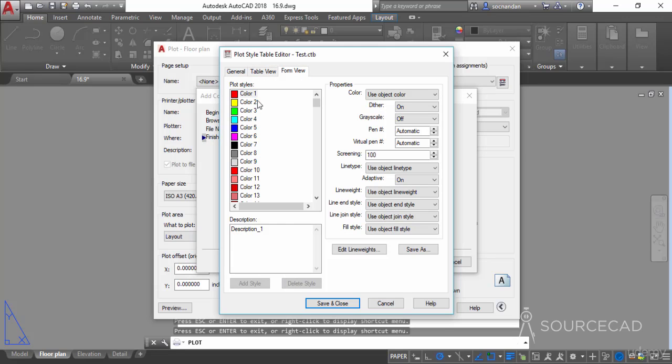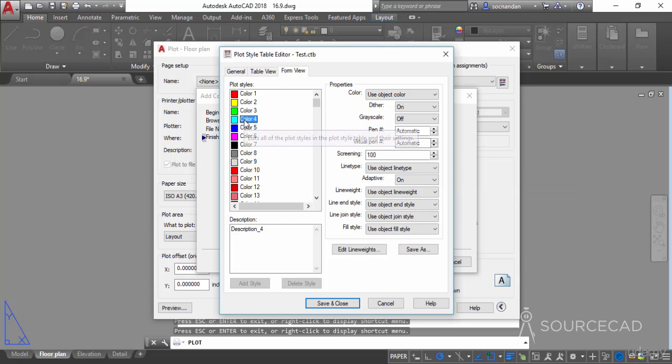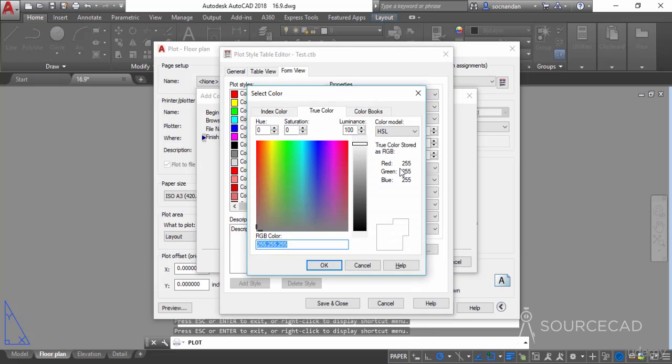Now here we can select the color and assign their properties. I'll start with the cyan. Here we have the cyan color as color 4, and we want this cyan color to be plotted as something else. So I'll go to color and select this select color option, and let's select this orange type of color, a saffron type.